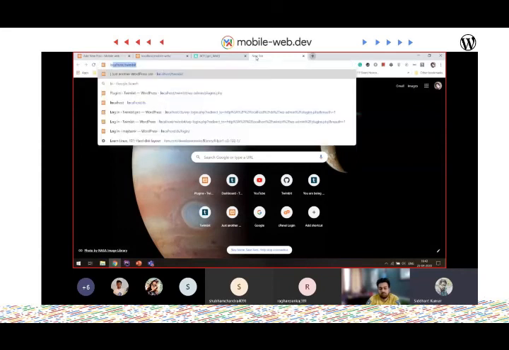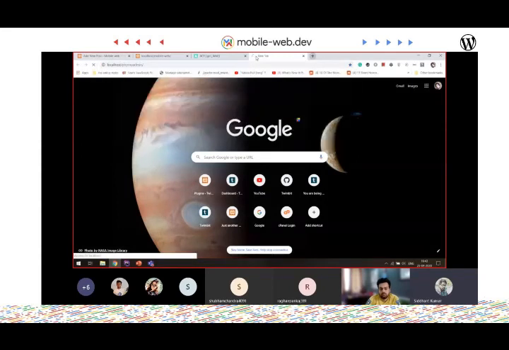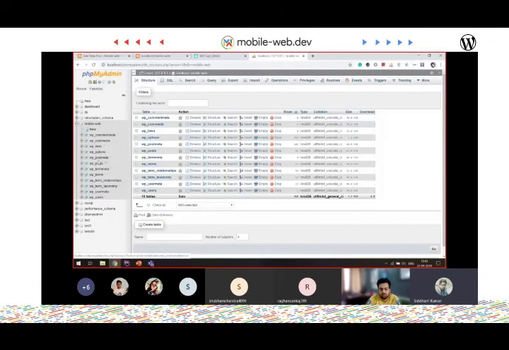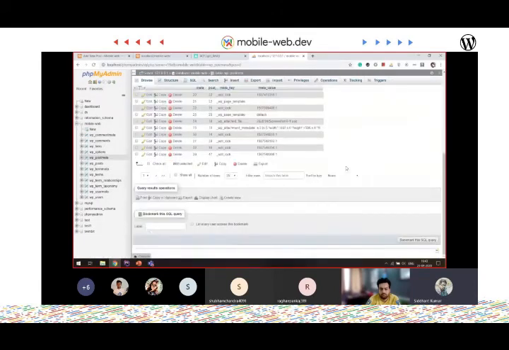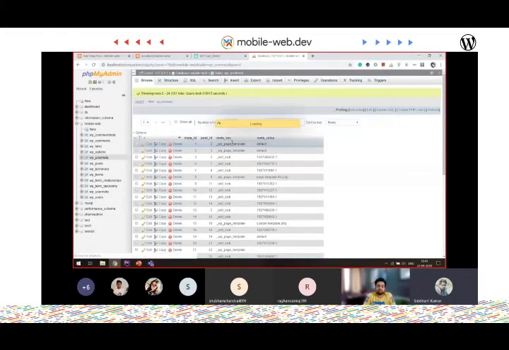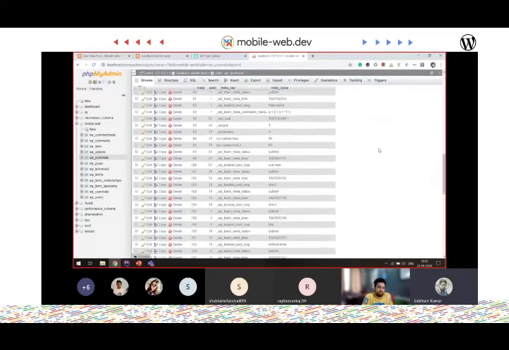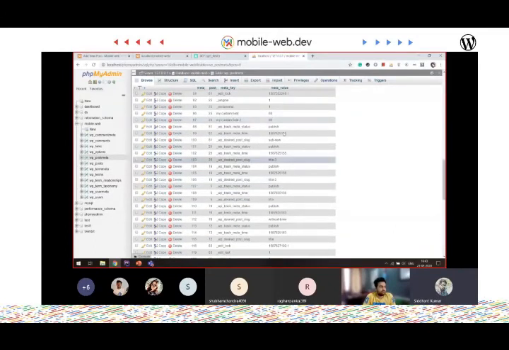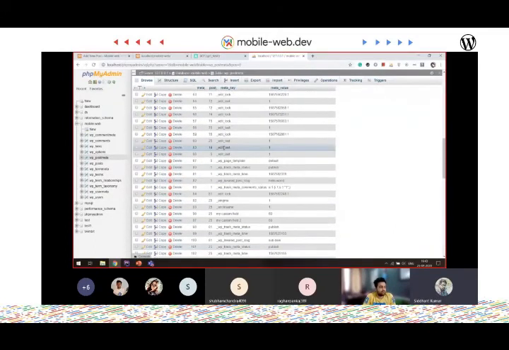Let me show you where. Going to localhost, the database section, where you see your database. Inside this table, wp_postmeta, it saves all the custom fields. Right now I don't have any, so it's not showing; it's showing some things WordPress has already done.